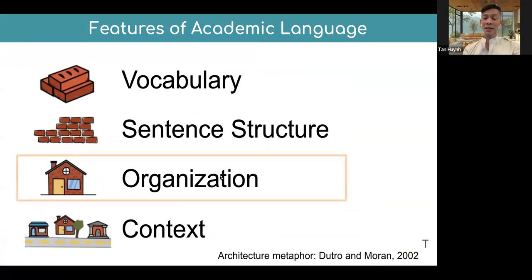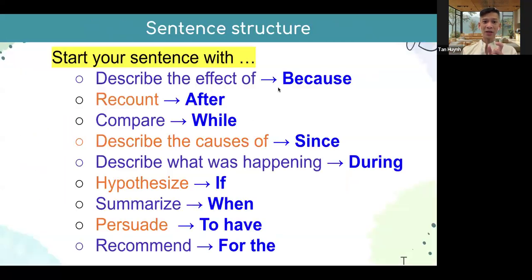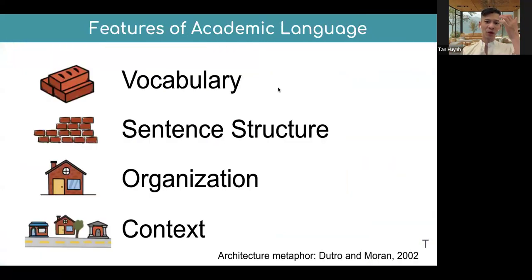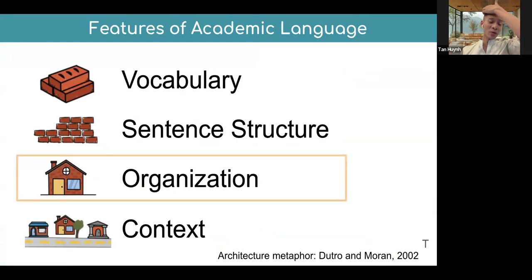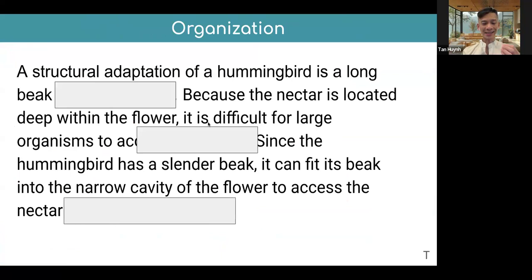Yep. Now let's move to organization. We already have the word access, which is our vocabulary word, and nectar, such as that, resources. We also have sentence structures, like we want students to describe, and for describe, it can mean starting your sentence with because. Now we have to get organization, because in my model response, I noticed I have 3 sentences I want